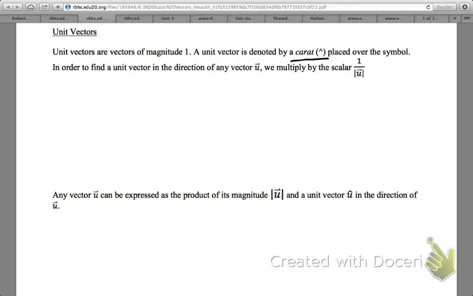In order to find a unit vector in the direction of any vector u, we multiply by the scalar 1 over the magnitude of u. So what that's stating is that the unit vector u caret is equal to 1 over the magnitude of u times our vector u. So an example of this, if our magnitude of u was 2, say we have here,